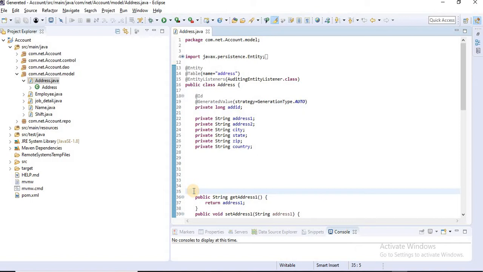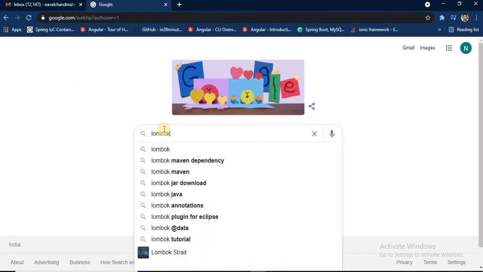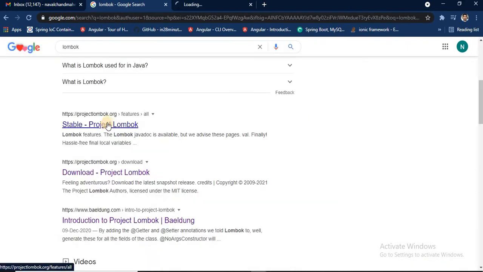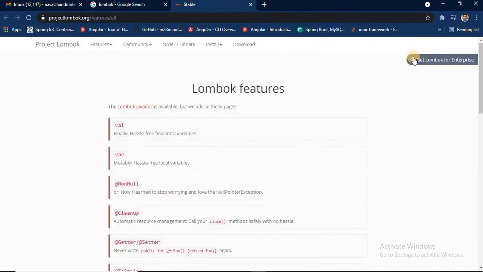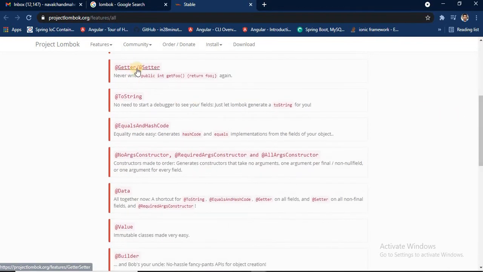So first of all we have to set up Lombok. Let's see what Lombok is. Okay, I'll type Lombok. Here it has some features. You can see @Getter, @Setter, @ToString, @EqualsAndHashCode. These are all the common methods.